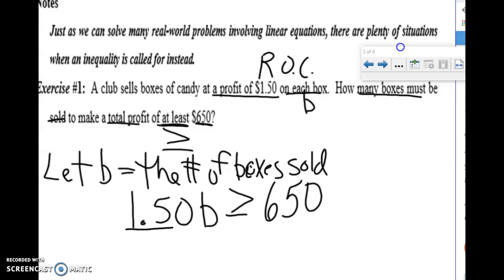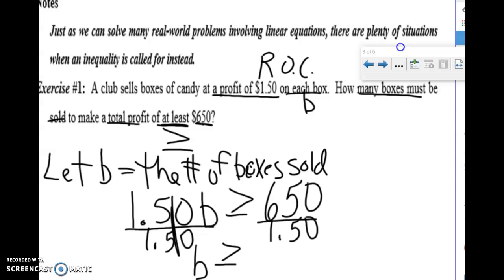Now we do want to solve this for how many boxes. So let's divide by 1.50. We're going to solve this like we do any other inequality. That's going to leave us with just B, because this is going to make a 1. Now we divide by a positive, so careful. You do not switch the sign. Some people had some trouble with when to switch the sign, when not to. So in this case, dividing by a positive does not have an effect. And this ends up being